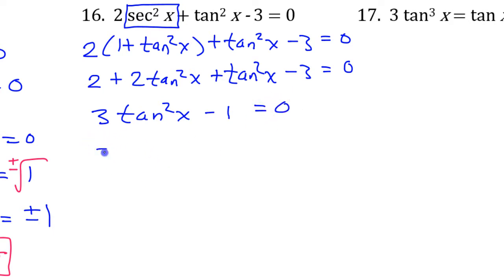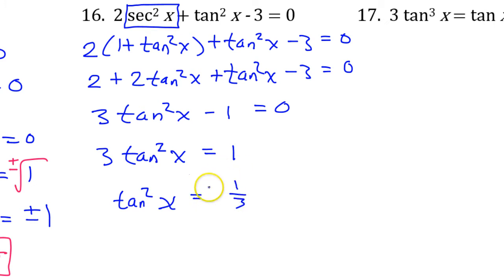So this will give me 3 tangent squared x is equal to 1. I'm just adding 1 to both sides. Dividing both sides by 3, I get tangent squared x is equal to 1/3. Now, taking the square root of both sides, I'm going to get tangent x is equal to plus or minus